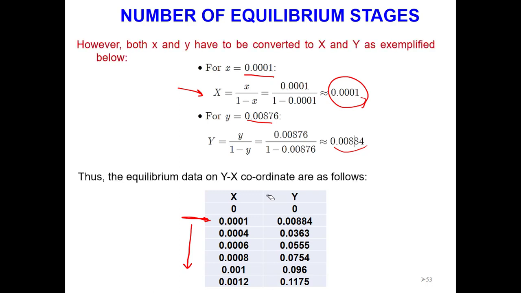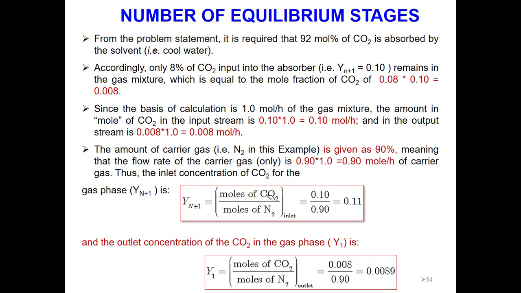Next, we need to find our X and Y at other points. Just eliminate this, this is not correct. So what we have here,